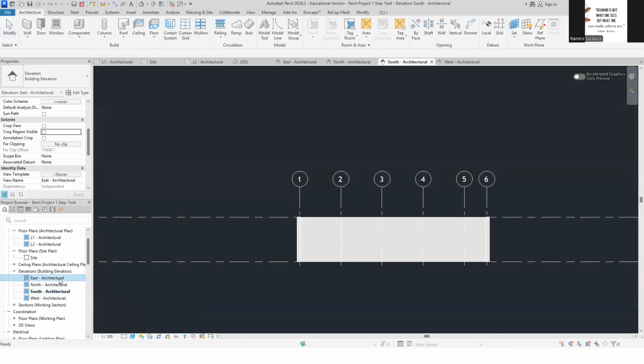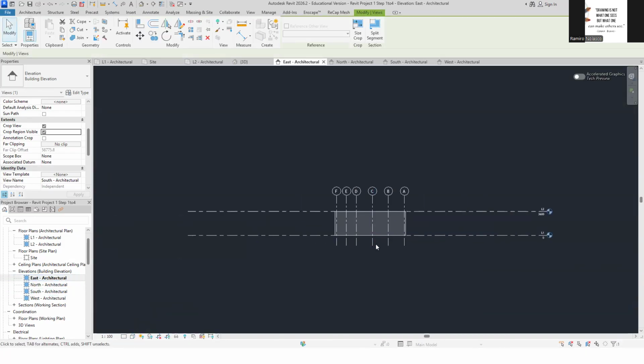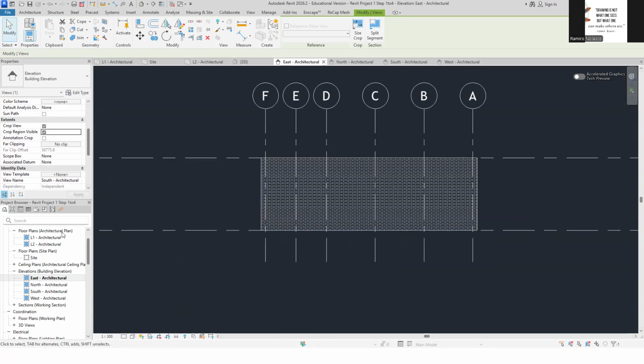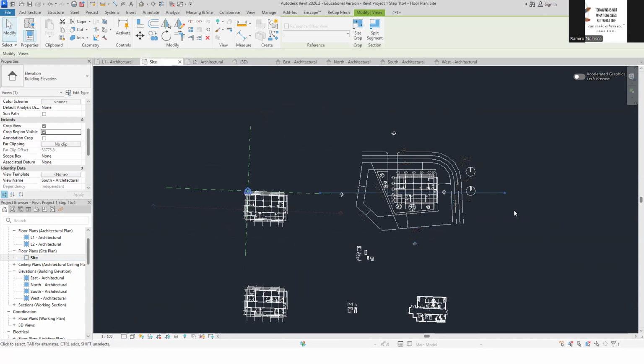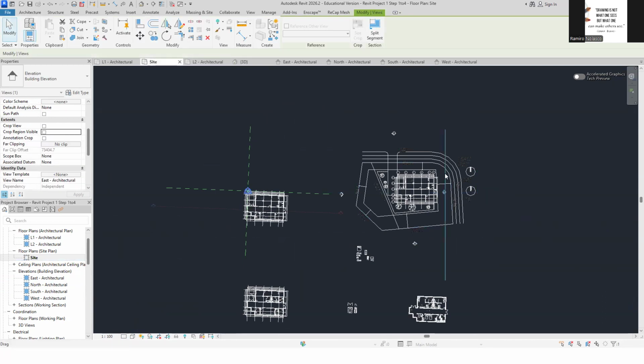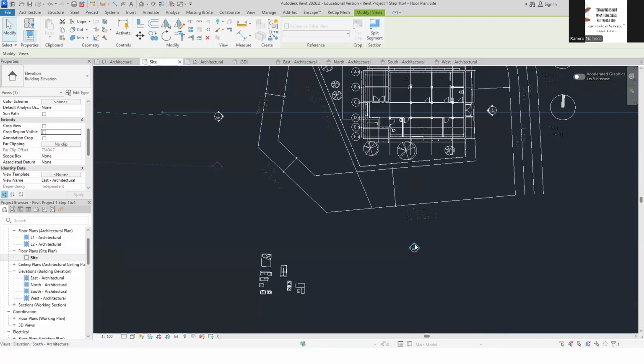So the reason why I wasn't able to see my east elevation earlier is because when I go to my site plan, I left the section line. Okay, so make sure you click on the arrow and check where the section line is.